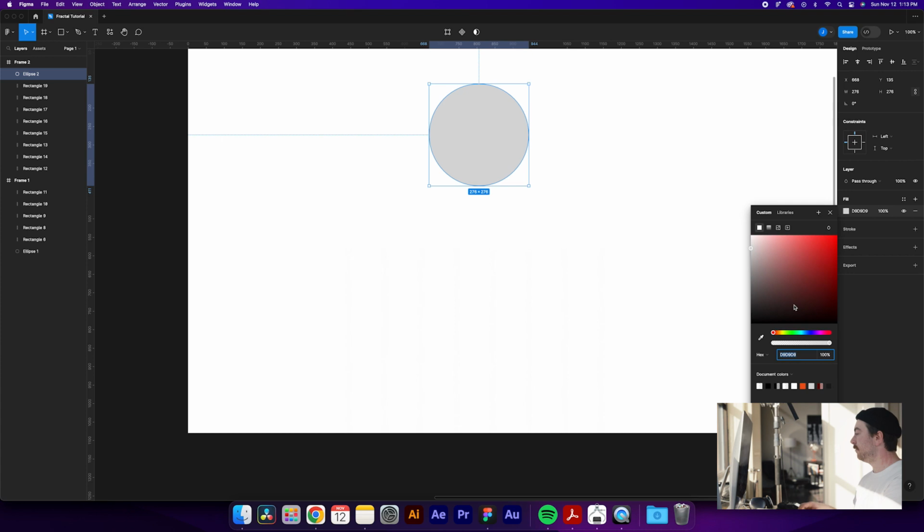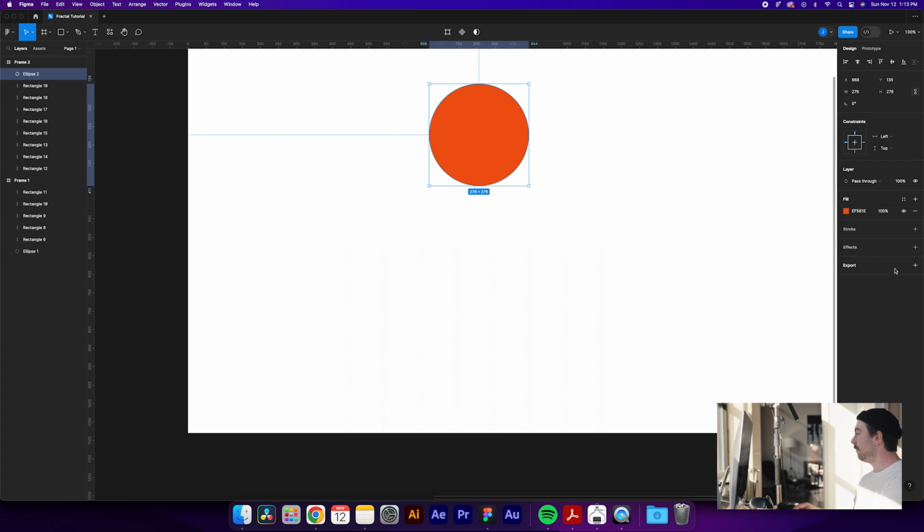Let's give that circle a little bit of color. I'll use this one that I already had, nice orange, maybe make a little bit of a sunset looking effect. From there, I'm going to add an inner shadow just for a little extra spice. We're going to play with the settings again, kind of get rid of this Y value and increase the blur to something like, I don't know,